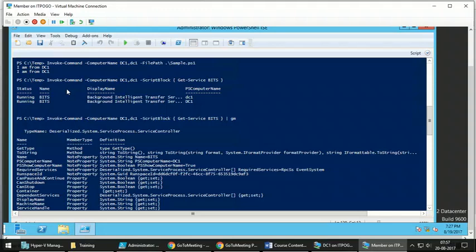Okay, but in case of PS session, they can see it? No, even in case of PS session, they cannot. Do you know about Telnet? Yes. So it is like Telnet only. You are just connecting to the remote shell, like you do in Telnet. When you do Telnet to a machine, you connect to that machine remotely to the command prompt, right? So in this case, you are connecting to the PowerShell command prompt of the remote machine.